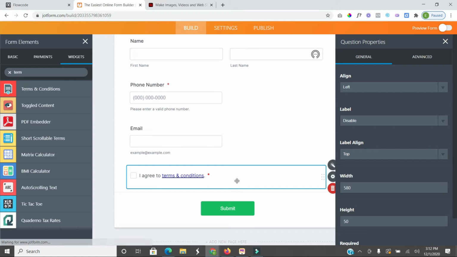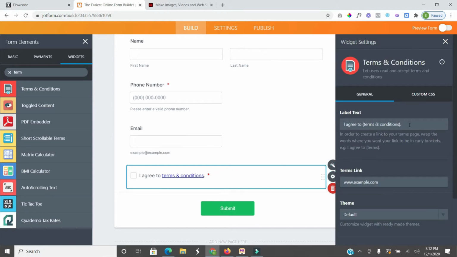So here if you go into the settings, in this case, if your website already has a terms and conditions page that addresses SMS marketing or SMS communications, then you would just add this URL right here. That's why it's in brackets. The brackets tell JotForm that this is something that you want to add a link to. In this case, because we're trying to be crafty and do this with $0 out of pocket, what you want to do here is you can say, I agree to your business